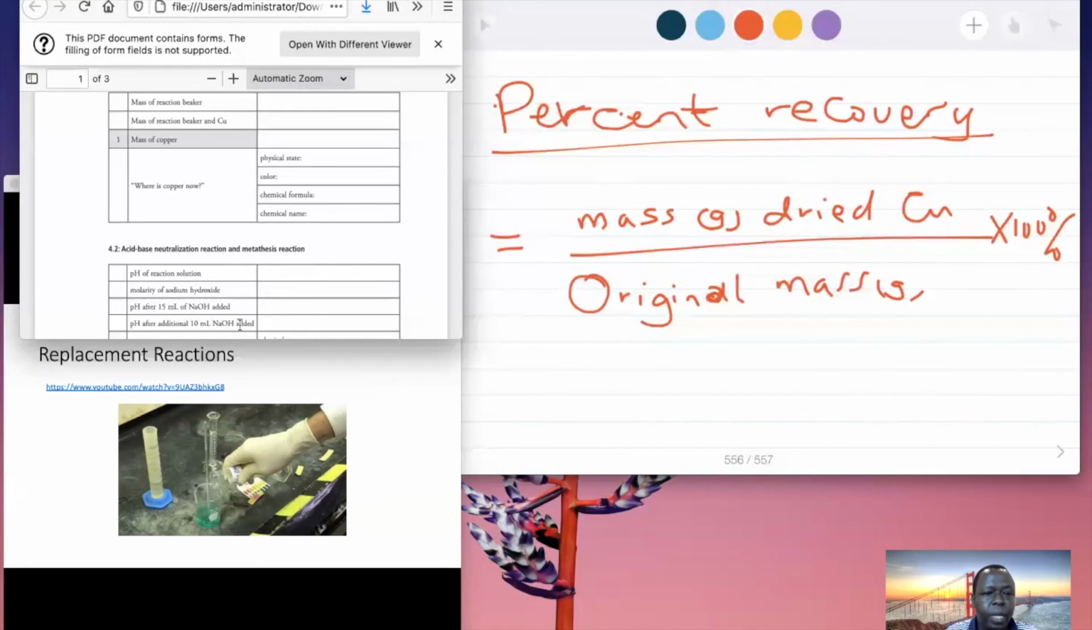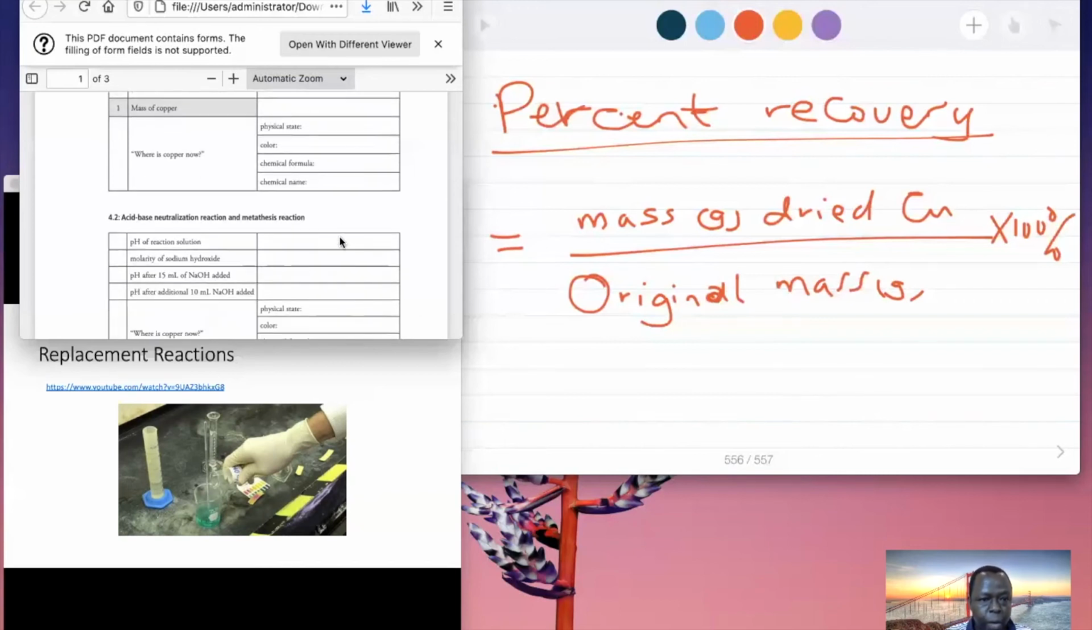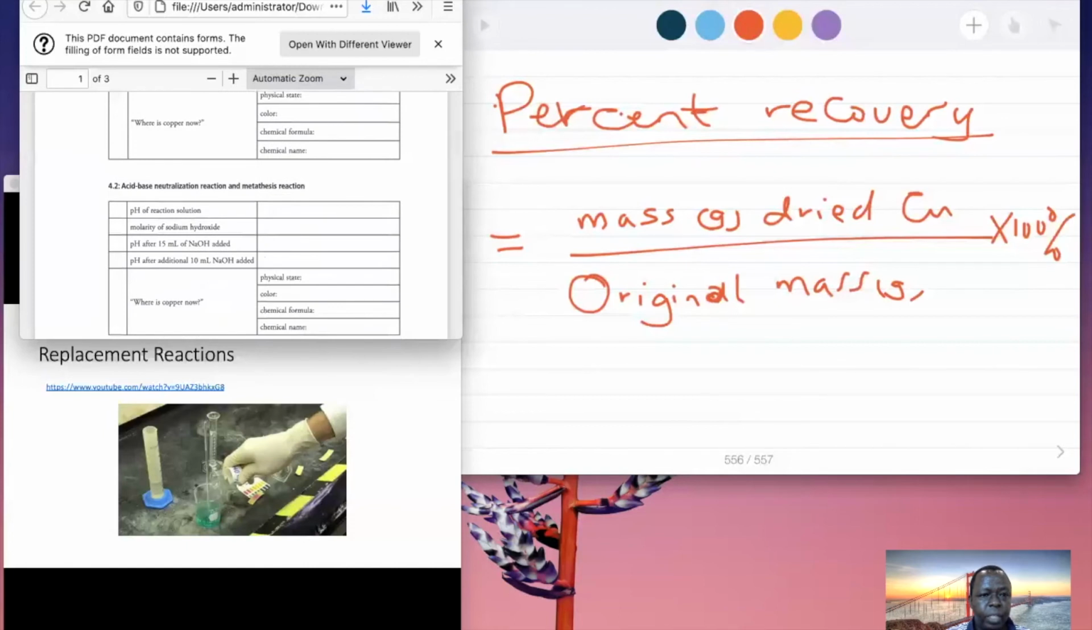Then after the addition of 10 mL, you will take note of the pH. The information here will be obtained by paying close attention to the demonstration and listening to what he's saying. What is the pH? Okay, that's what you will do. After that reaction, you'll ask yourself, all right, after addition of 10 mL